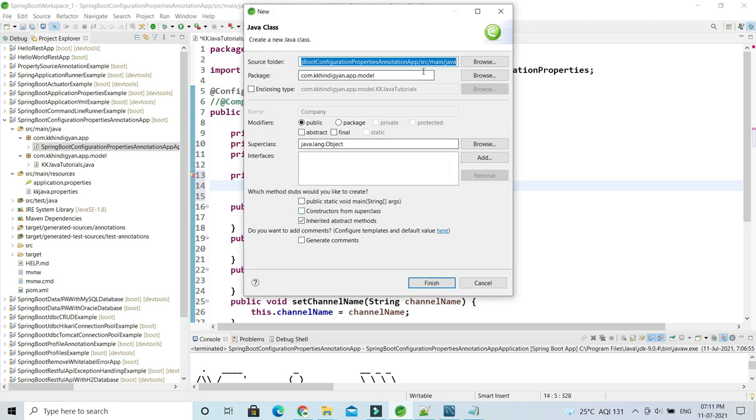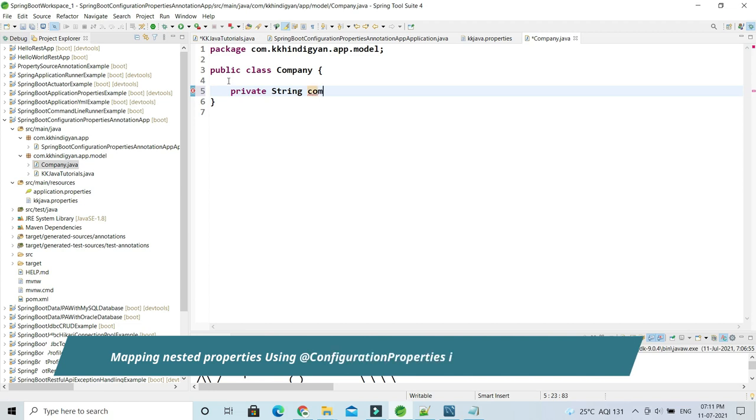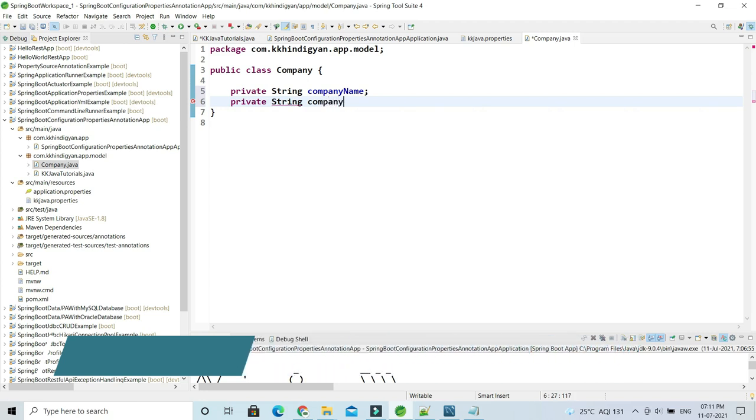In the same package, in the model package I'm going to create it, and this class has some other properties, like private String companyName, right? And as a second property I can take company location or company city, something like that, right?